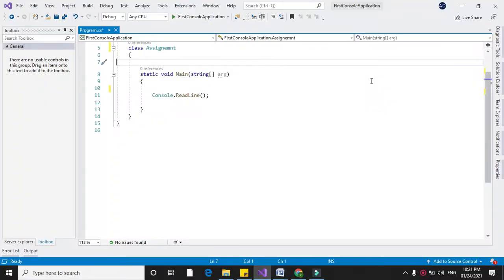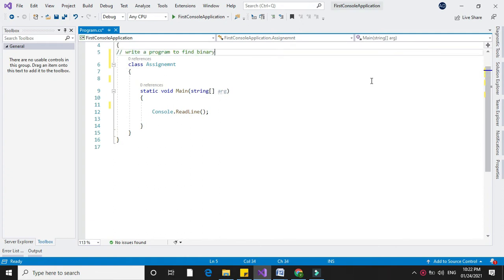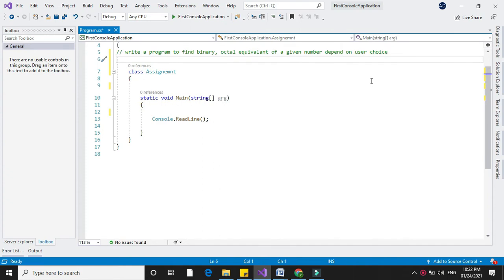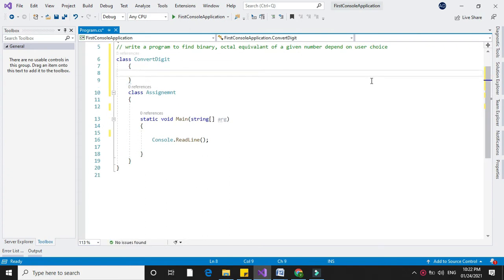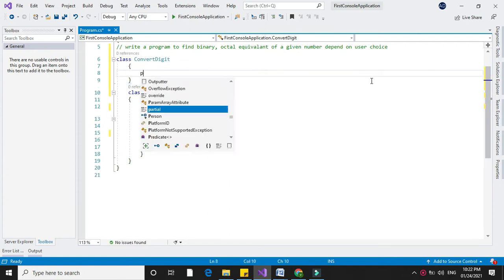Here we will write a program to find out the binary or octal equivalent of a given decimal number depending on user choice. So in a comment line we will write it. For this we will declare a class convertDigit and we will write a method